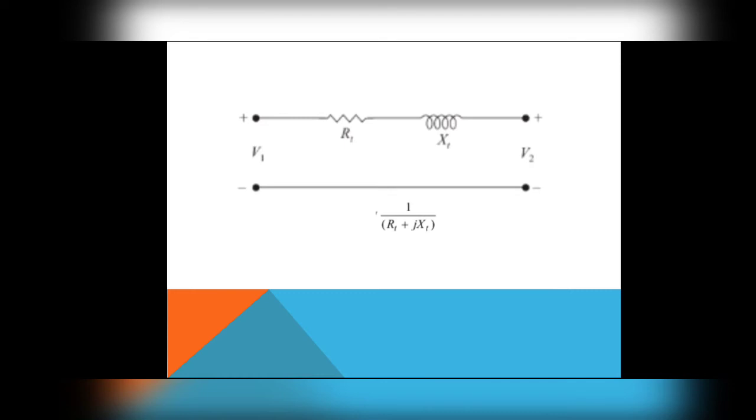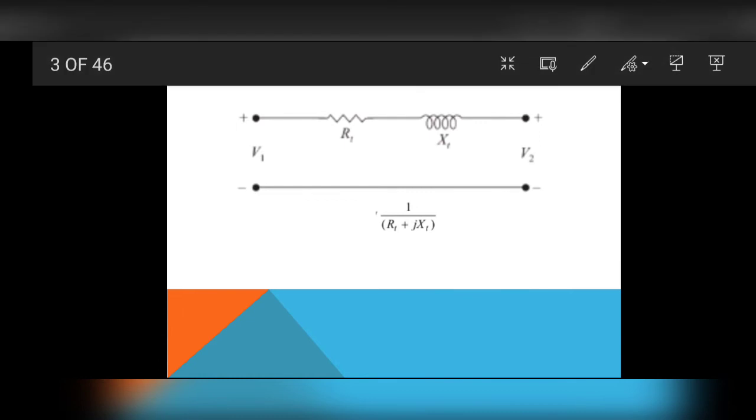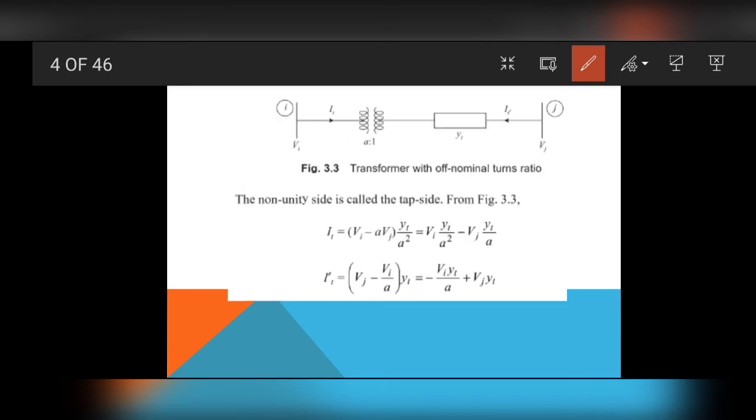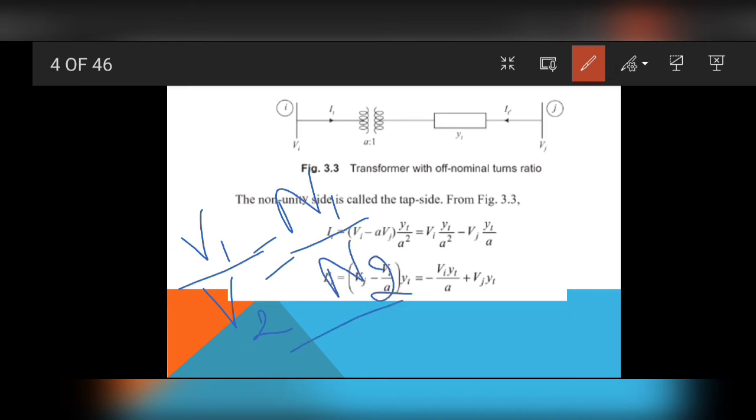Modeling of transformers. So suppose if you are considering the modeling of a transformer with nominal ratio, then the admittance value, that is 1 divided by RT plus J into XT for the transformer. That is shifting the secondary side impedance to primary or primary side impedance to the secondary side, we are going to model this. So when there is off nominal transformer ratio, so the difference between the nominal and off nominal transformer ratio is the voltage ratios, that is V1 by V2 will be equal to N1 by N2 in case of transformers. This is called as nominal ratio.